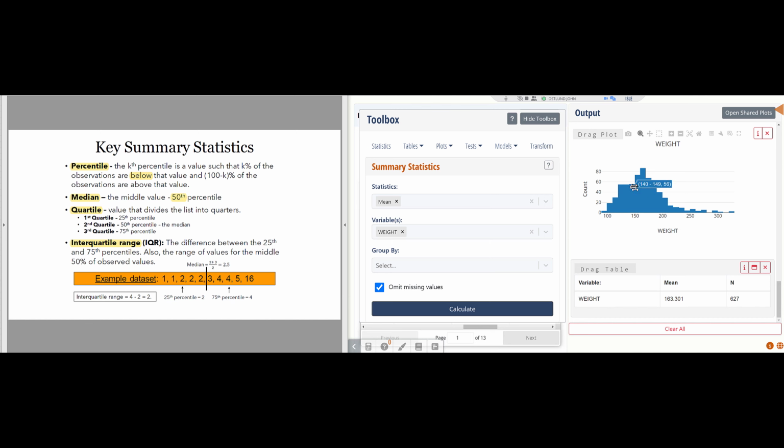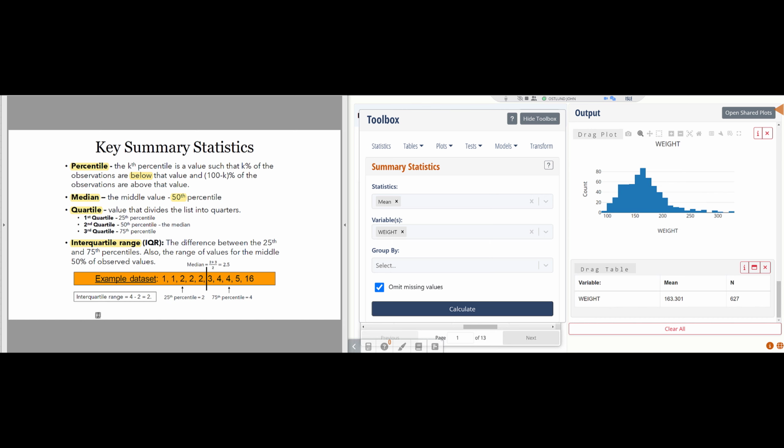And so in our histogram here, more or less the middle quartile would be from somewhere around 120 up to somewhere around 180 or so. Sorry, I said the middle quartile. That isn't correct. The interquartile range, going from the 25th percentile up to the 75th percentile, would be somewhere in